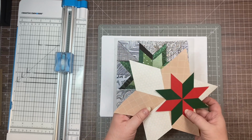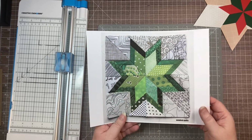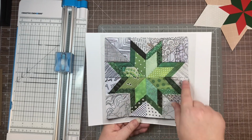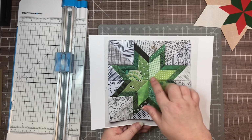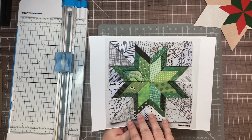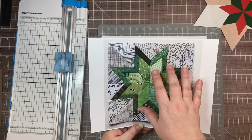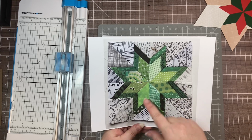Now I was inspired by this. First, I was browsing Pinterest. I saw this quilt design from a place called Wombat Quilts, and I thought it was just so cool, and I thought that would make a cool embellishment on a scrapbook layout. And as I was thinking about this quilt design and trying to figure out how I could translate it into